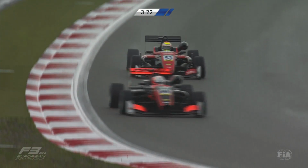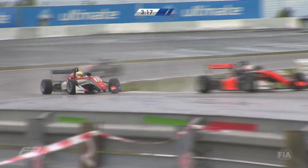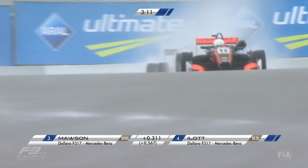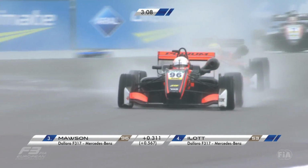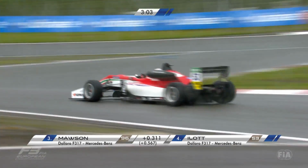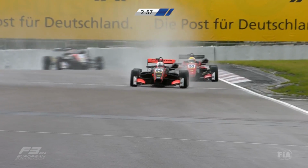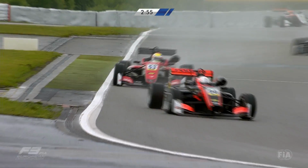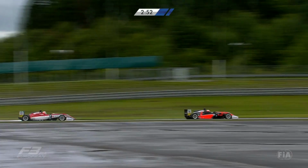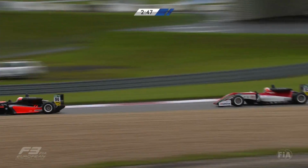Sure enough, let's cross to that now. Van Amersfoort racing there with Joey Mawson in P3. Callum Ilott trying to come back at him now, the Prema Power Team British driver. Joey Mawson, of course, the ADAC Formula 4 champion from last year, elevated to the FIA Formula 3 European Championship this year. The young Australian, really likeable, and he is being hounded now by Callum Ilott, who had a very dominant win in race 2 at Zandvoort last time out for the FIA Formula 3 European Championship, and now he can sense that the opportunity is potentially there for a P3 place if he can try and wrestle